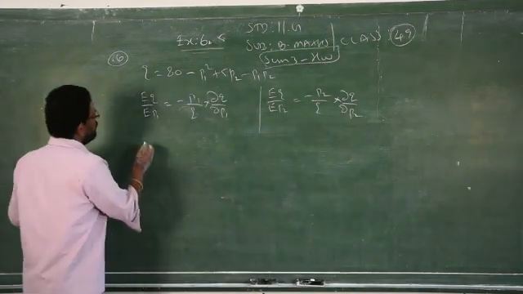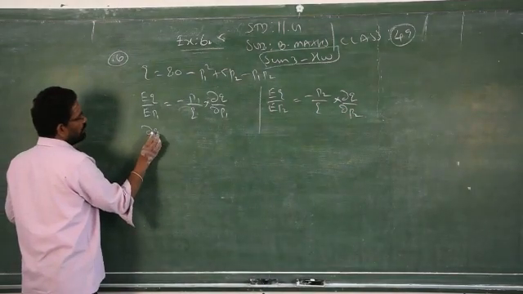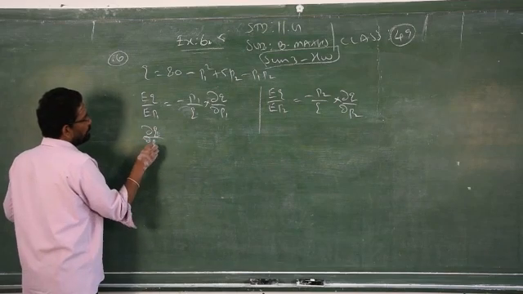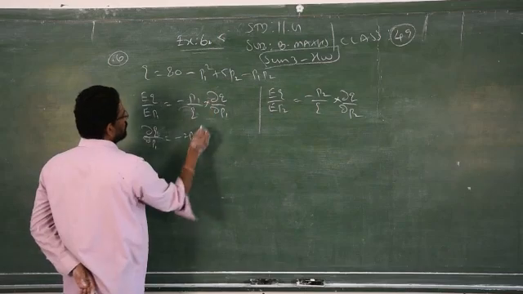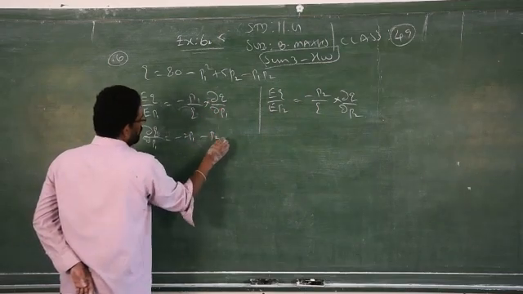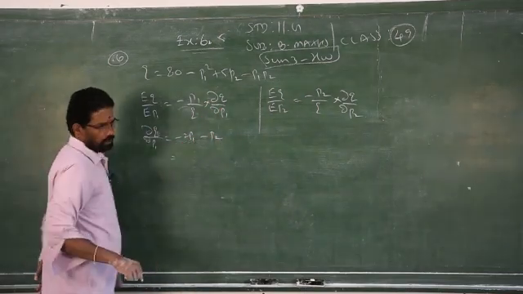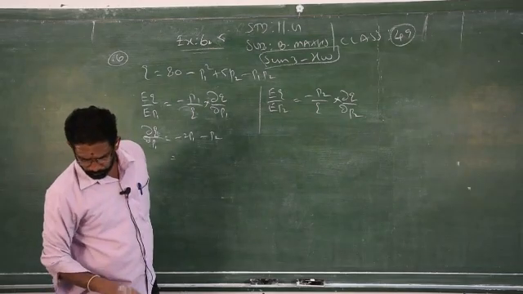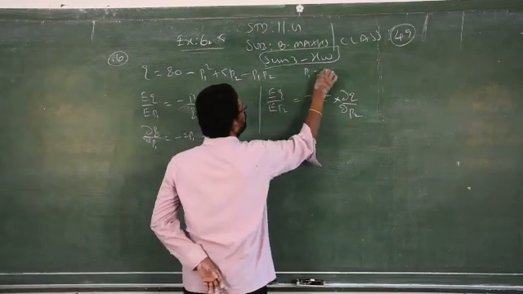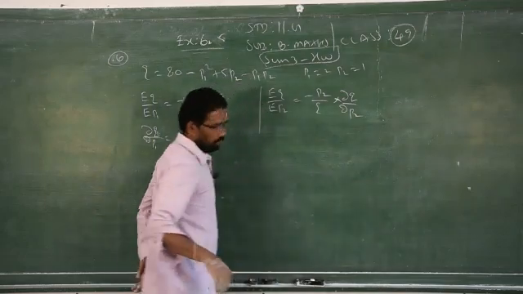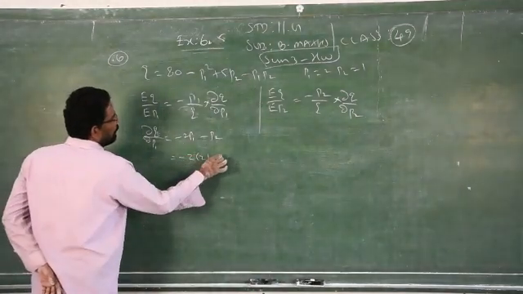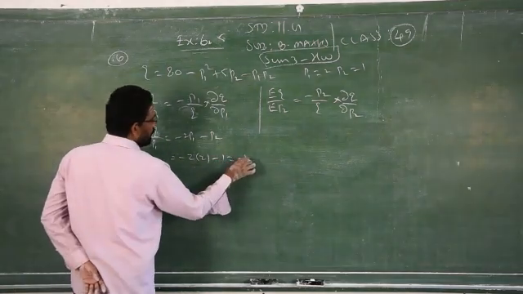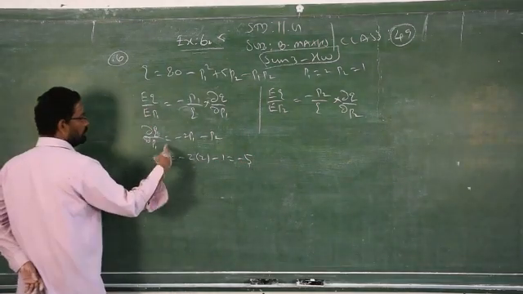So first you have to differentiate partially Q with respect to the price P1. Minus 2P1, that is 0. What about the last one, P2? Here you see P1, P2 is there. So what is the value for P1, P2? P1 is given as 2, P2 is given as 1. P1 is equal to 2, P2 is equal to 1. Just substitute, that is 1. So the answer is minus 5. Be careful with the negative sign.